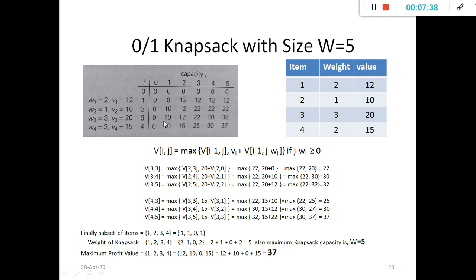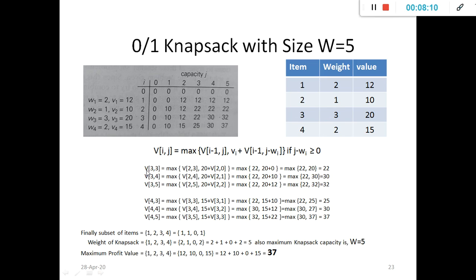That's why it is not possible to directly insert this object 3 into the knapsack as per the constraint of the knapsack size. Then here, when it is not possible to put the value 20 for the item 3 at the position 3 into this table, you have to apply the recurrence formula to find out the exact value and insert that exact value at the position. Now you want to find out the exact value in this table at the position 3 by 3 by using this recurrence formula.